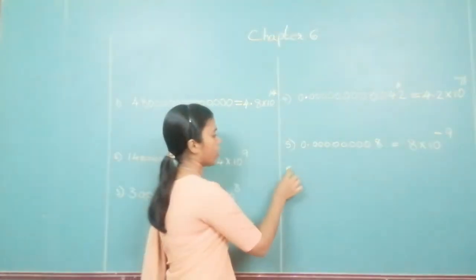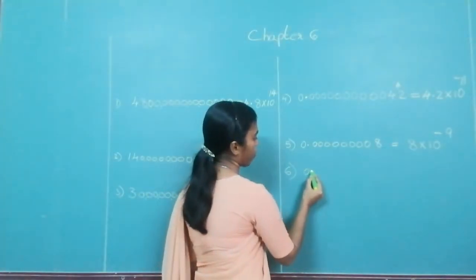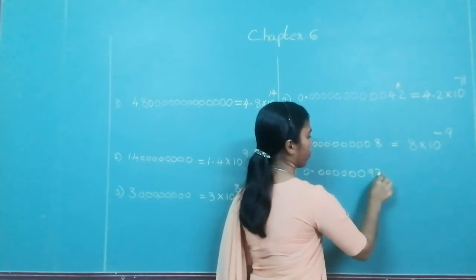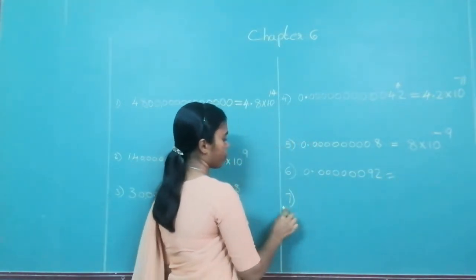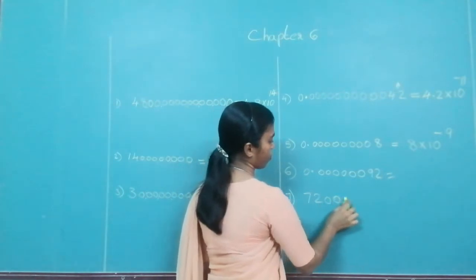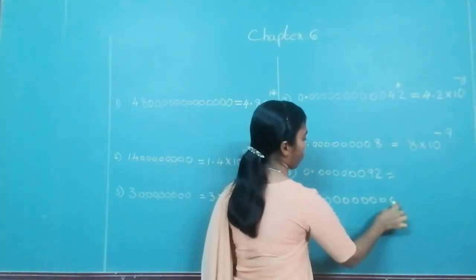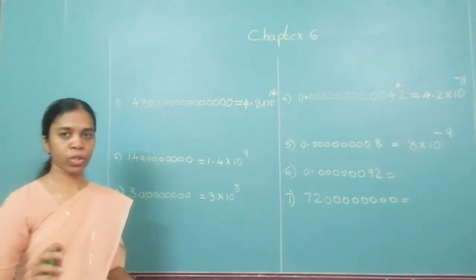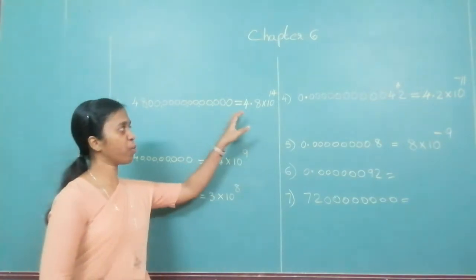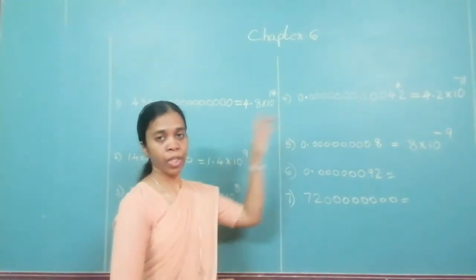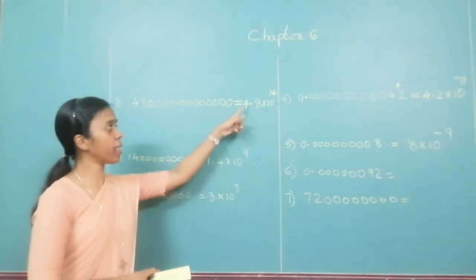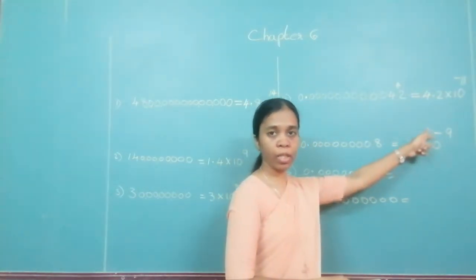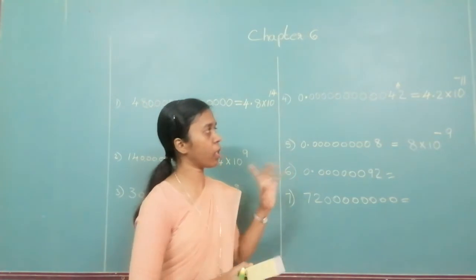I am giving you 2 for your homework. Please try it. Okay. These 2 are for your homework. Please complete that. Suppose this is clear to you, please take care when you put the index as positive and negative. If you are shifting from left to the right, then the index is positive. When you are shifting from right towards the left, then it is a negative index. Okay, so please take note of it.